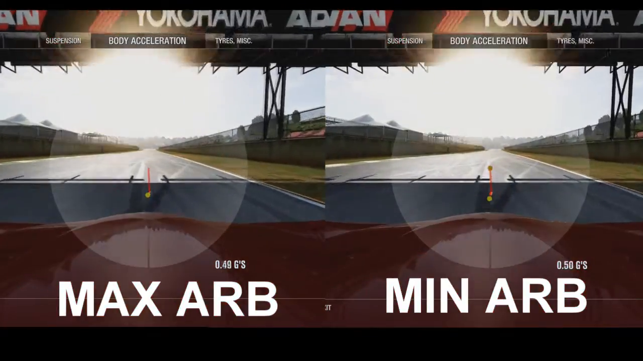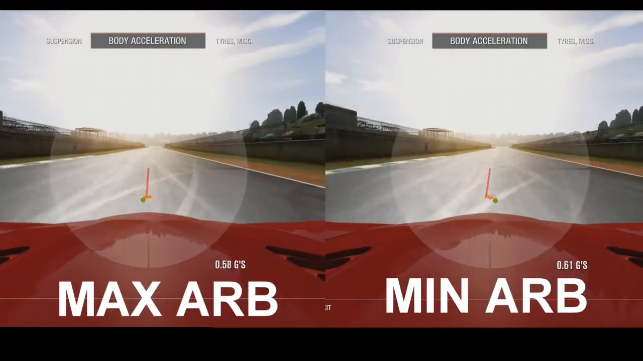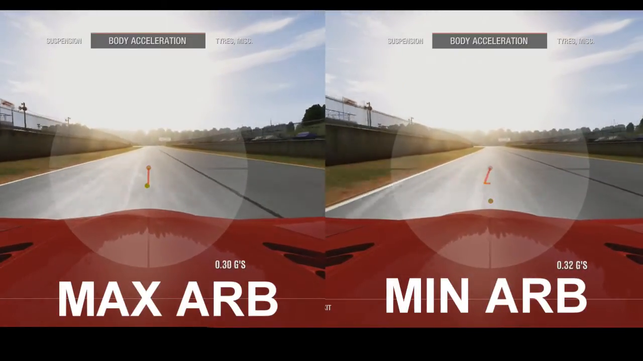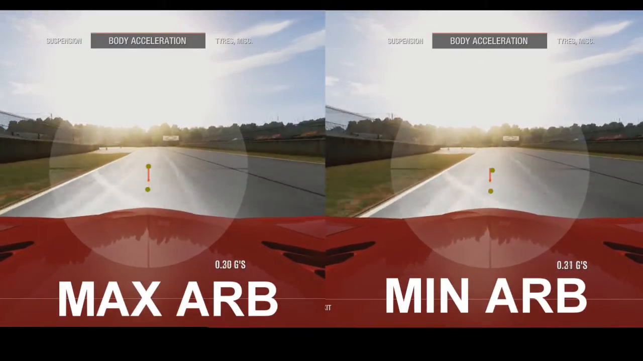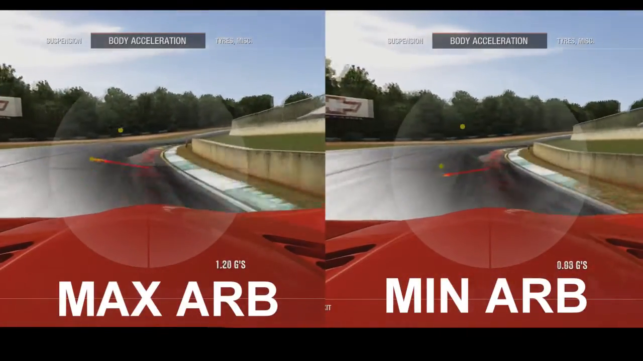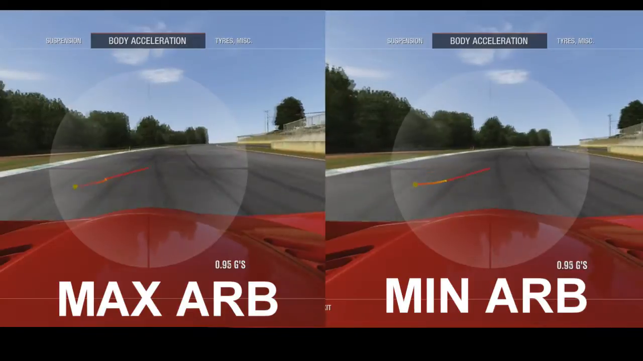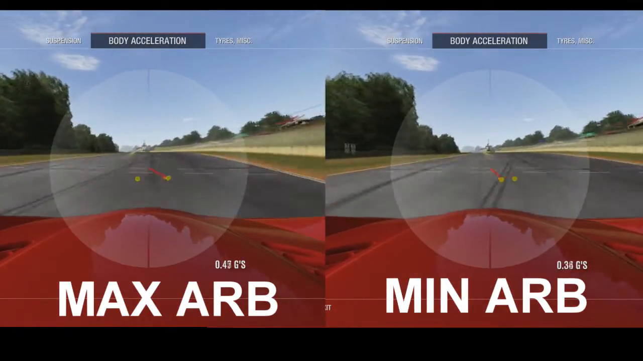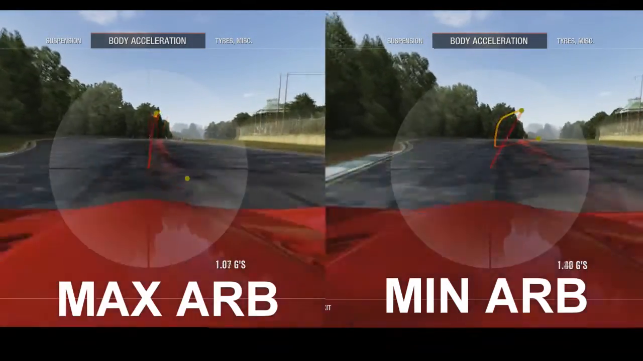So here we are at Road Atlanta, and you can see on the left hand side we've got a car set up with maximum anti-roll bars, and the car on the right is set up with minimum anti-roll bars. So we're just going to go down the straight now, head up towards the S's, and you'll be able to see how the car handles differently depending on what sort of settings you've got for the anti-roll bars. So heading up the hill, just going to get into the SE section,